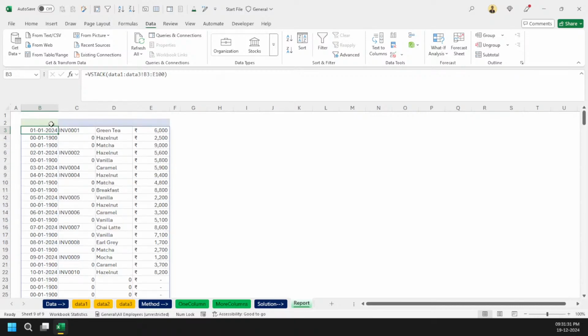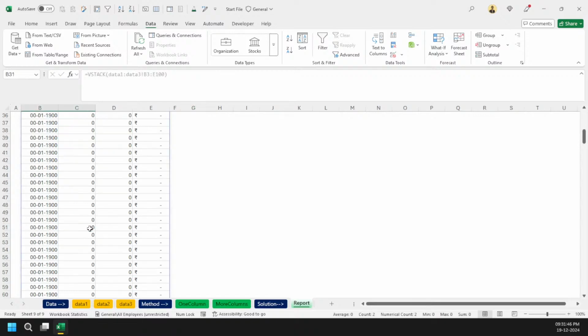And now what I want to do is, let's just say this is simply the stacking data, all data you can say. And now what I'm going to do here simply is filter. Right now you can see here 000.